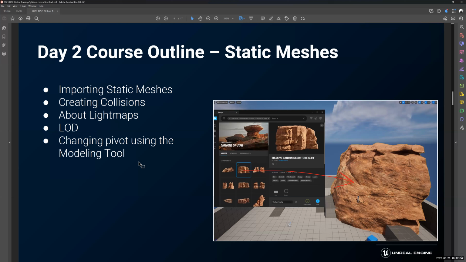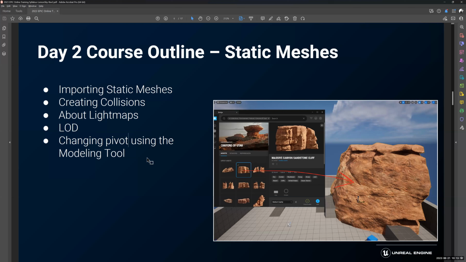There are a couple of things that you need to understand about collisions. I'll touch a bit on light maps in this editor that we're going to open up, although light maps is going to be a subject inside the lighting sessions. We'll talk a bit about LOD, because I'm covering these three since that editor actually has the features for all of them. And the biggest problem of all is the pivot problem that people have when bringing meshes into Unreal Engine, because it wasn't done correctly in DCC software. By DCC, I mean digital content creation software like Maya, Blender, 3ds Max and so on and so forth.